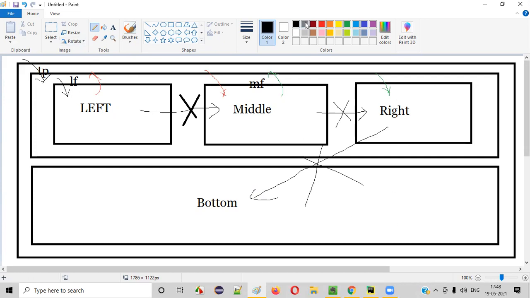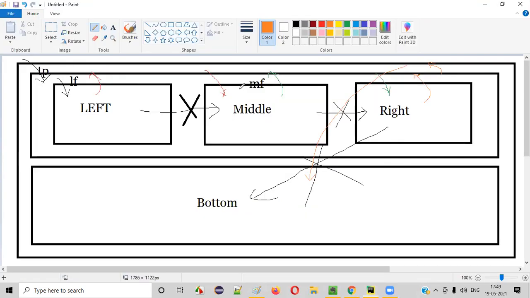So what we have to do here? First, we have to switch from this right child frame to the top frame. From the top frame, we have to switch to the parent page. From this parent page, we have to switch to the bottom frame. And now we have to retrieve the text. This is the process, guys. 3 steps. We have to switch back to the parent frame. From parent, we have to switch to the parent page. From the page, we have to switch to the bottom frame. That's what is required here. Okay, let's do that in action.